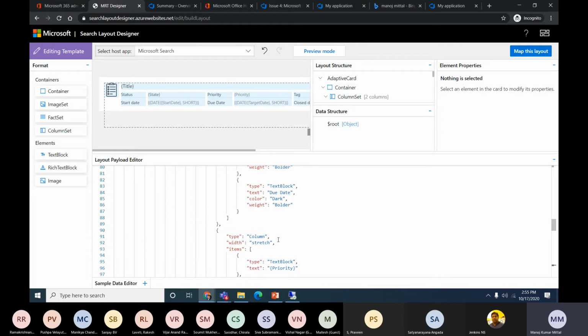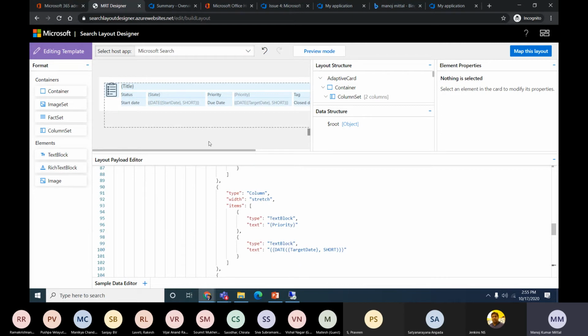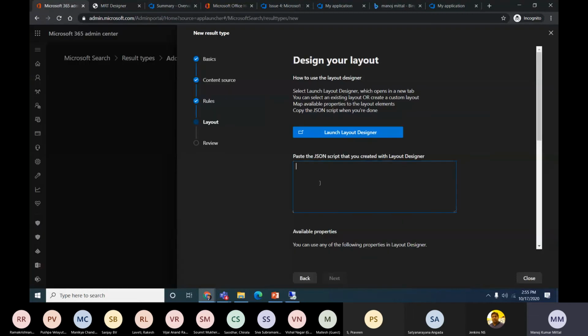The due date is there, priority is there. So all those columns we have added, and in the end we land with this type of card. We can design our own card. So these are the elements and containers available which we can use, and which I have used in this card itself. So I'll press Control C on this section. I'll move back to this one, and we need to paste it here.